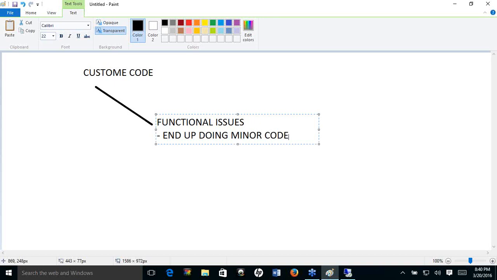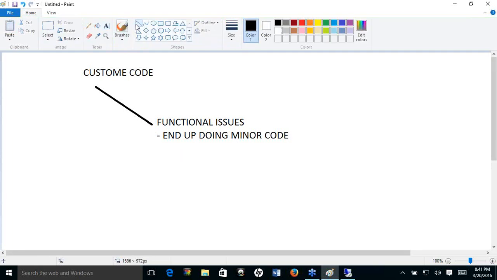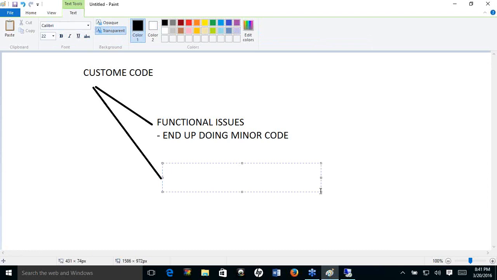Then the second thing is, because we are dealing with custom code, there is a set of code which would have been written, which would have worked fine in an older scenario, but right now they are contrary to good